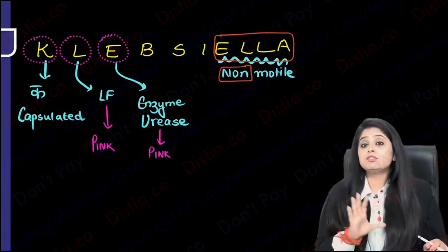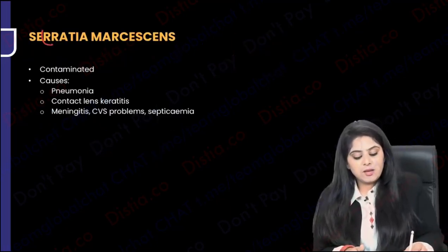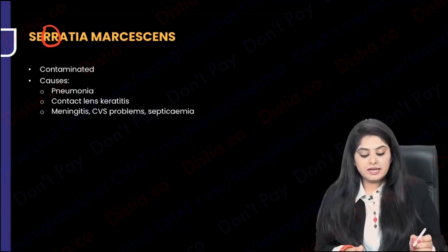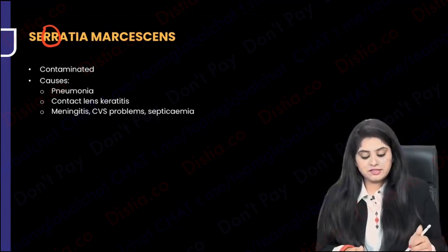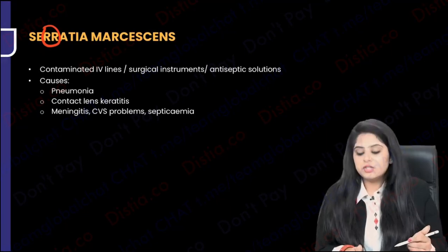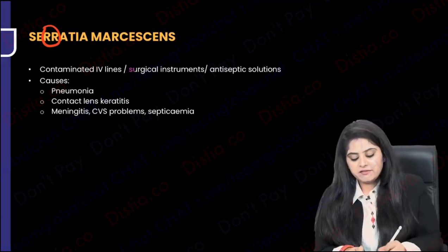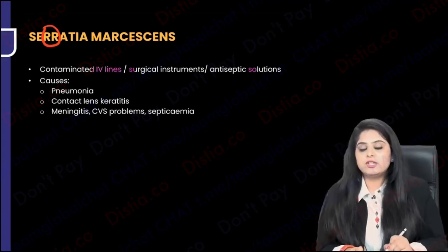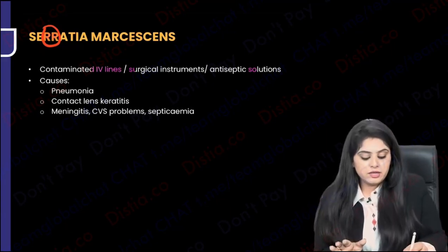Just a quick summary. This was tribe Klebsiella because other than Klebsiella, it also had Serratia marcescens in it. Serratia, what is this? Some red color is going to come out. So before I go to that, please remember Serratia will always enter into your surgical side things like IV cannulas, surgical instruments, antiseptic solutions. So all surgical instruments, antiseptic solutions, or contaminated IV lines, into that Serratia is going to go. What all does it cause? Wherever it will go, as I told you, a red color will come.